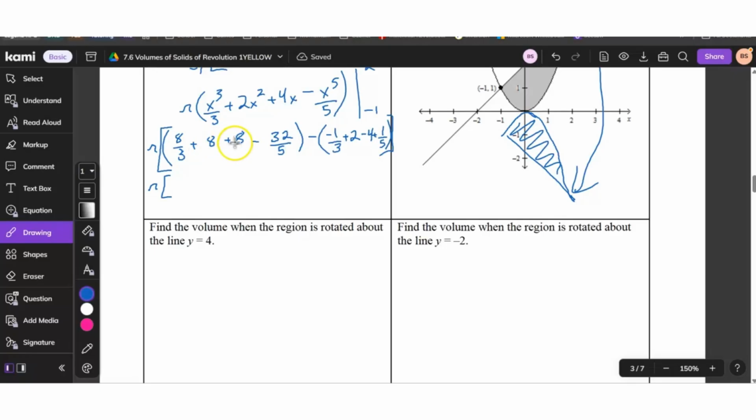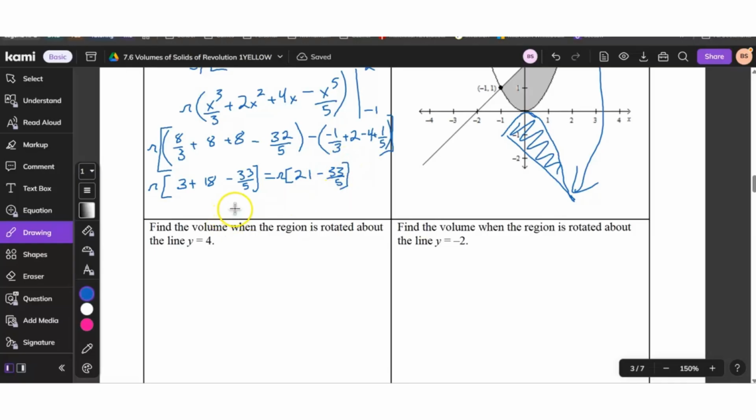Let's see, that's going to be 16. This is negative 2, so 16 plus 2 is going to give me 18. 8/3 minus, or negative 1/3, so 8/3 plus 1/3 is 9/3, which is 3. Negative 32 minus another one is going to be minus 33/5. That's going to be pi times 21 minus 33/5,